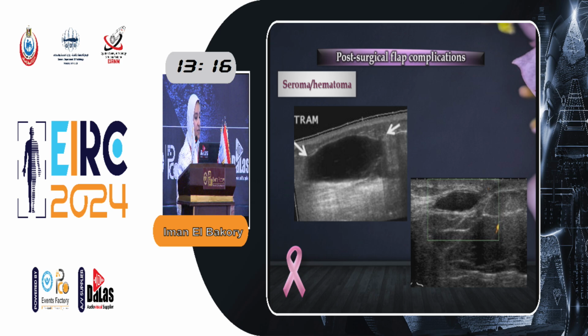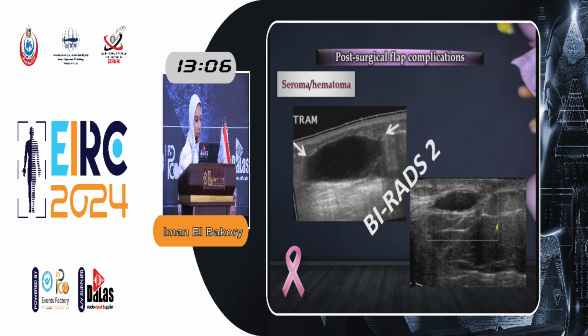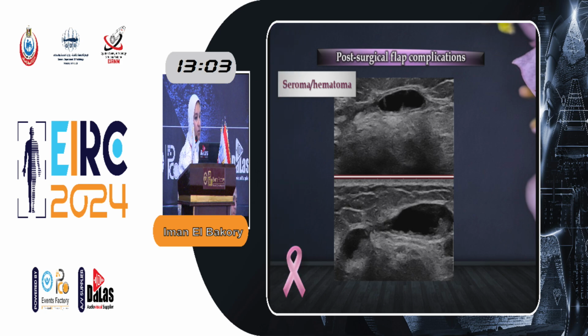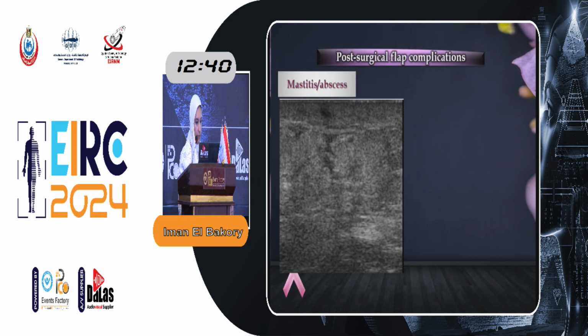And we all know that the seroma is a well-defined elliptical lesion, anechoic or showing multiple echoes or even septation, and all seromas are assigned as BI-RADS 2. Regarding the hematomas, it completely resembles the seromas, yet with a thickened wall and various echogenic content according to the degree of degradation of the blood content. It may be completely anechoic, completely echogenic, or contain various signals within. Of course, the seromas and hematomas should be assigned as BI-RADS 2 to 3 according to the content.